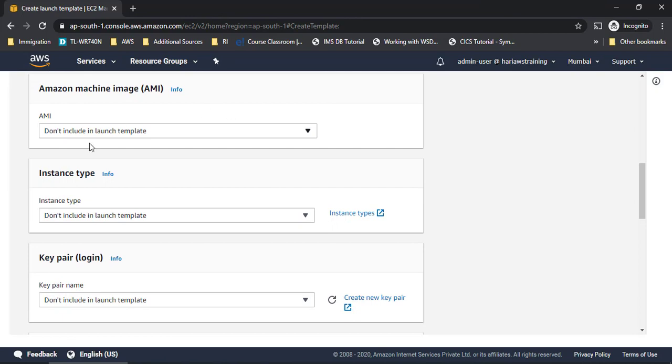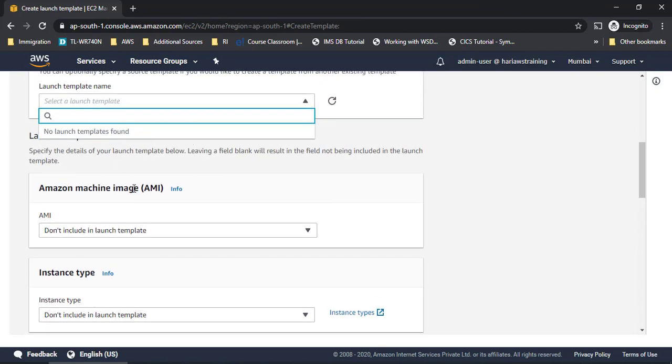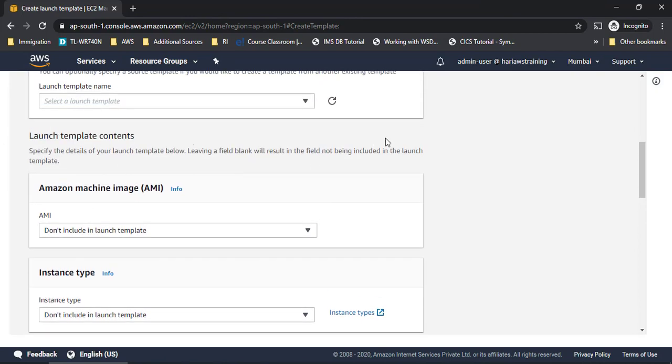Now let me go to AMI. Whenever we create an EC2 instance, the first step is to select an Amazon Machine Image. These AMIs are created by Amazon or present in the marketplace. The default configuration, what the OS will be, what the default software is in that particular machine, all those details will be in the AMI.